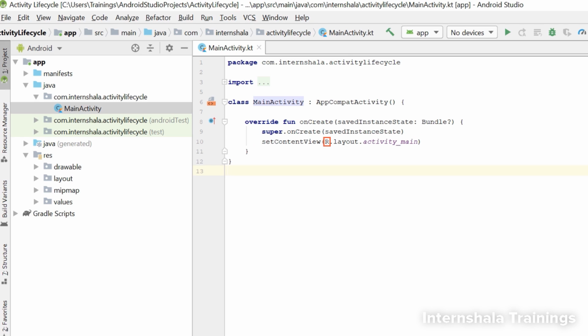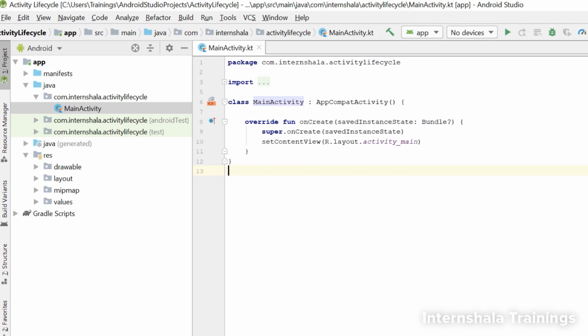Now, let's look at this next line. First, let's understand what this R means. R is an auto-generated file in Android. You remember the res directory we spoke about in the Android tour? The directory where we placed the various resources like layouts, images, logos, etc. Okay, so whenever we add any resources in the res directory, an ID is created for that resource. These IDs are stored in the R file. These IDs are then used to refer to these resources inside our Kotlin files. It's just like we use roll numbers to refer to students in a class.